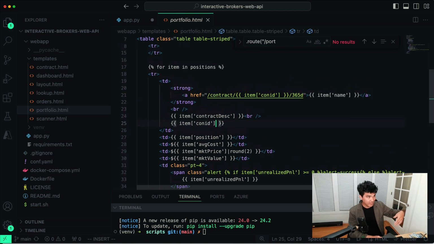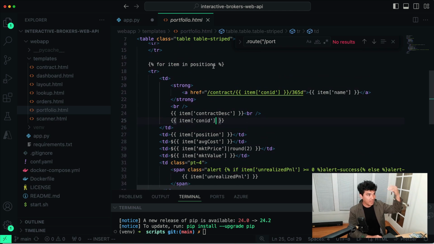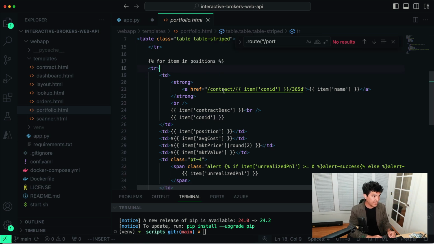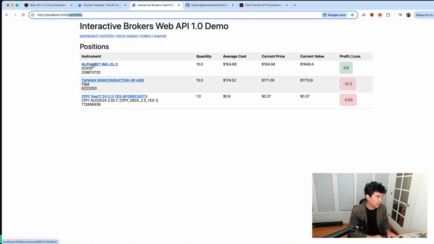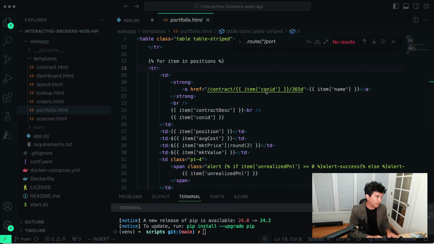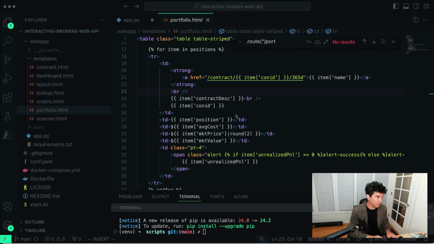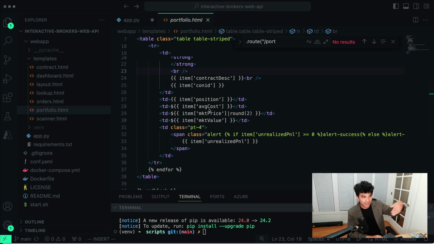And then if you go to portfolio.html, I just loop through the list, for item in positions, in my Jinja 2 template, and then I loop over it row by row. And then I link to each of those contracts. So you see I have a link here, and I link by contract ID. So I have a /contract/ the item's contract ID. And by default, I'm doing a 365-day market history. And so you see how I'm just displaying each of the attributes: the company name, the symbol, and the contract ID, average cost, current price, and so forth. And so you see I'm just looping over this list of items that comes back from the API